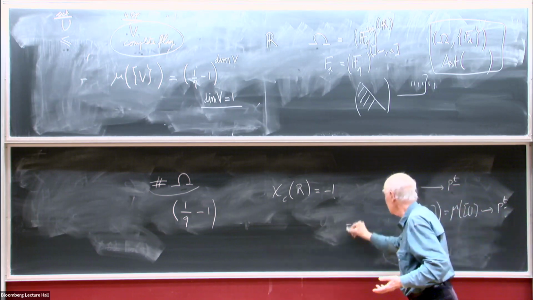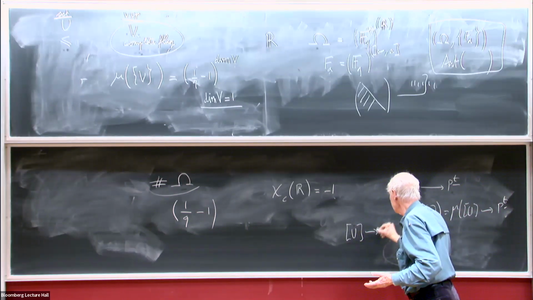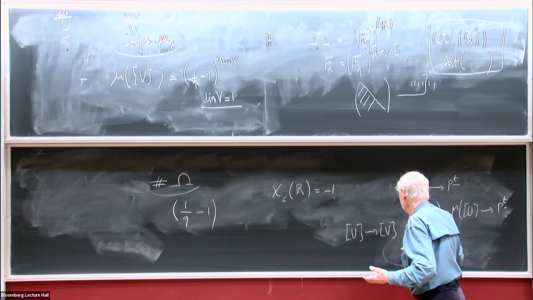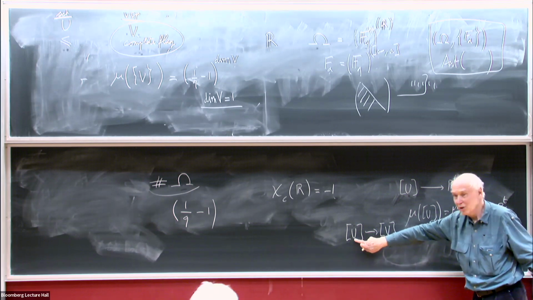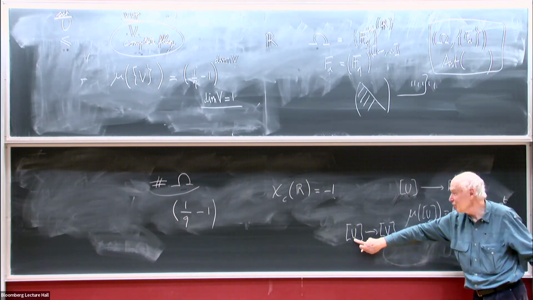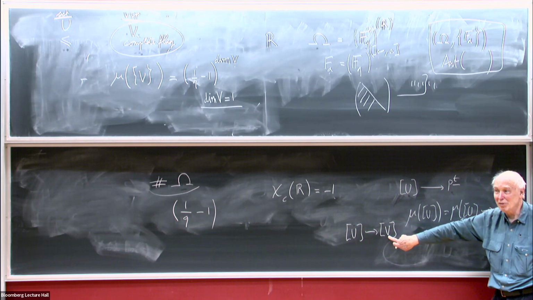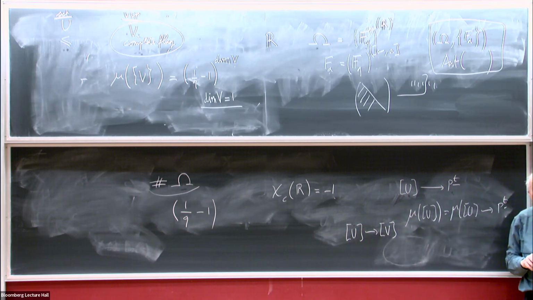If you have a map from U to V, then you will want that to this map corresponds the quotient: number of elements in quotes of U divided by number of elements in quotes of V. But then what's the definition of mu of